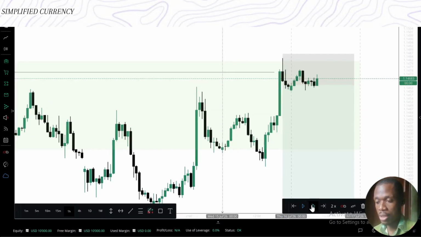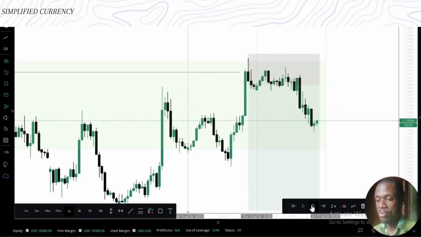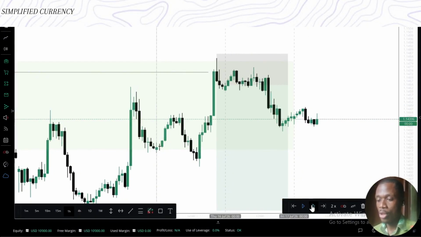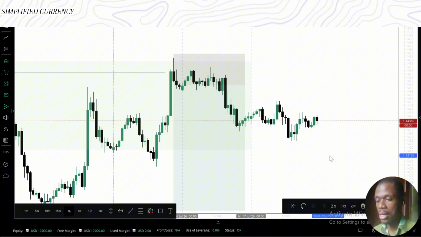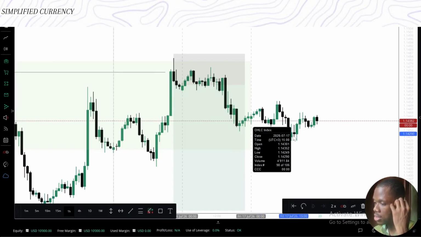And obviously, as you can see, the market ended up selling, but not to the way we want. The market ended up selling, and this is where the market is right now. This is on EU. You understand me? So if you ask me, I would say this is a very good trade. Although, like I said,